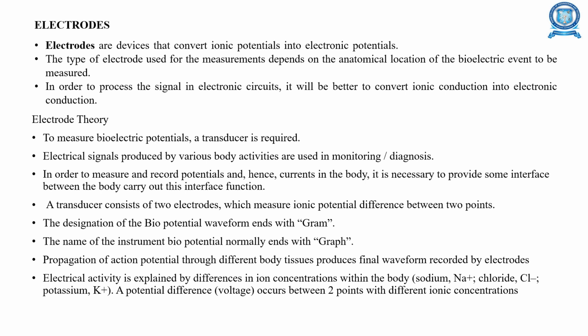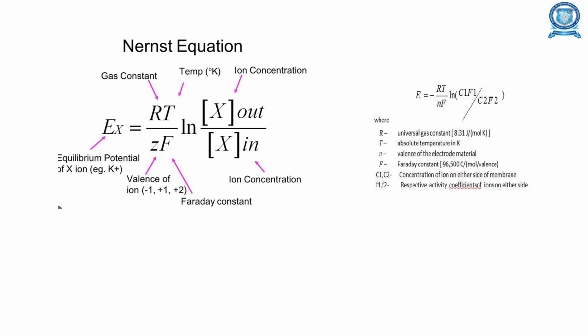Electrode theory: to measure the bioelectrical potentials, a transducer is required. A transducer consists of two electrodes which measure the ionic potential difference between two points. The propagation of the action potential through different body tissues produces the final waveform recorded by these electrodes. So the main